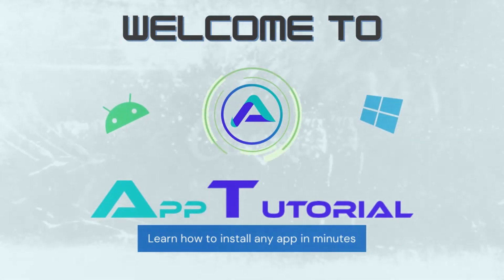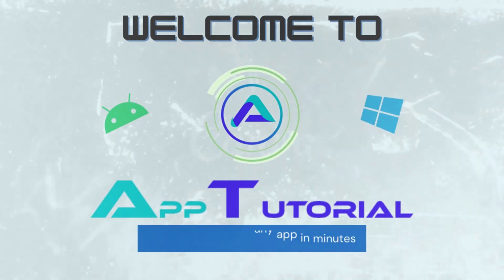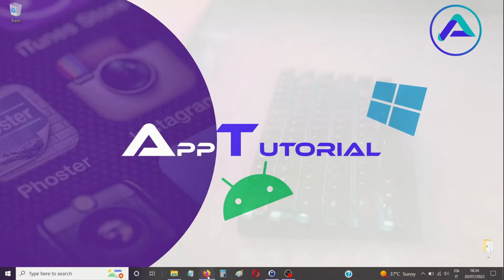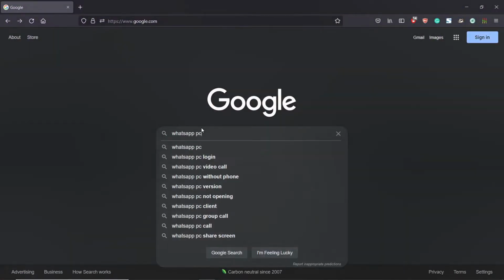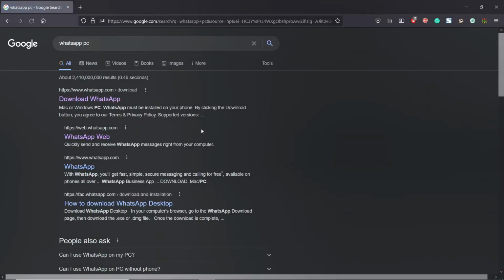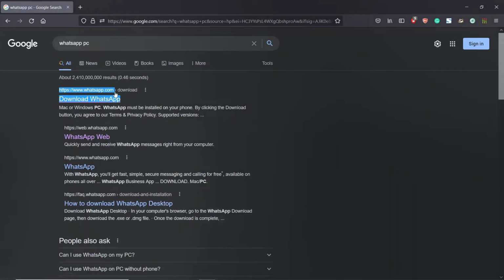Today, we see how to download and install WhatsApp on your PC for more comfort and speed. The process is quick and easy. Follow me. First, search for WhatsApp PC on Google or other search engines or visit the website